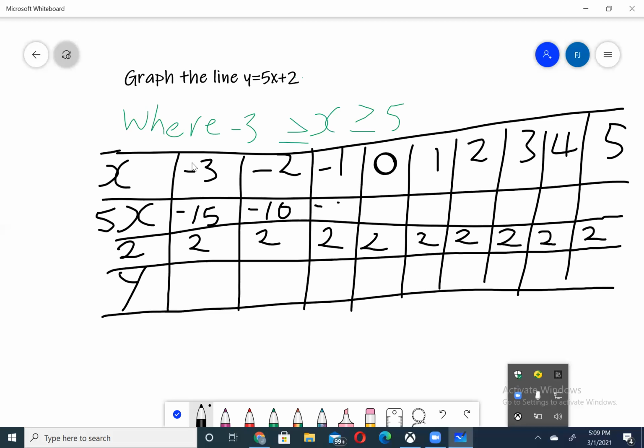Very good. 5 times 0 will give us 0. 5 times 1, 5. 5 times 2, 10. 5 times 3, 15. 5 times 4, 20. And 5 times 5,